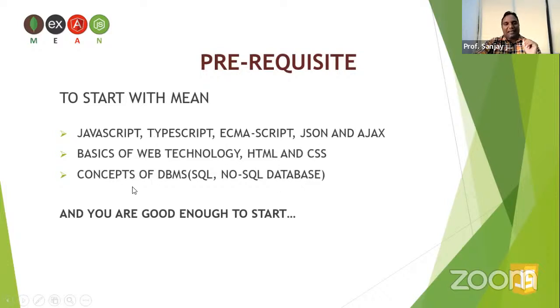Then the second thing is you should have knowledge of web technologies like HTML and CSS. Yes, HTML and CSS are very important, because all the components are built on HTML using HTML tags, and styling is done with the help of CSS. So to design any user interface, you have to know HTML and CSS, and of course to work with a database, that is DBMS software, when we talk about MongoDB, you should know NoSQL databases, and if you're working with MySQL, you should know SQL. But MEAN stack basically focuses on MongoDB.